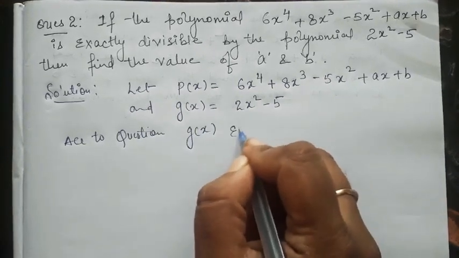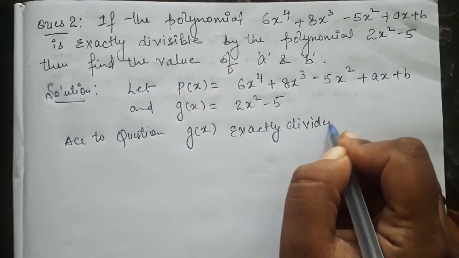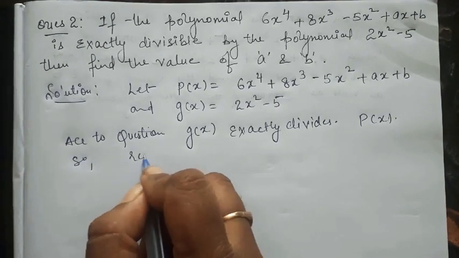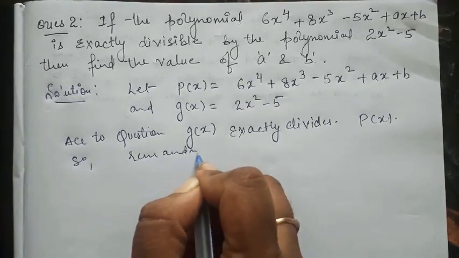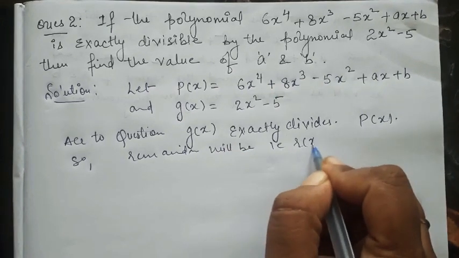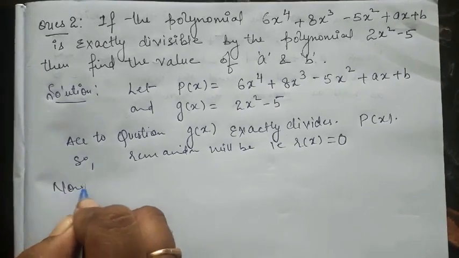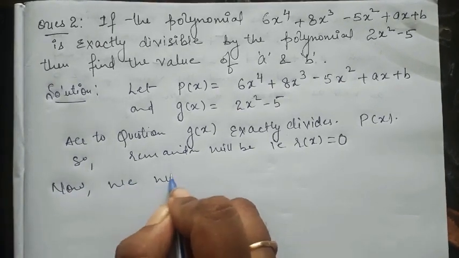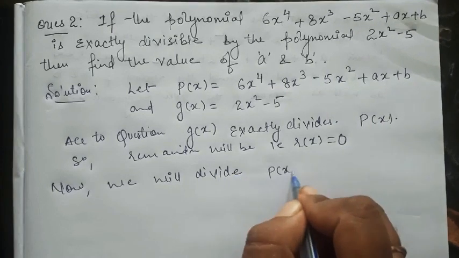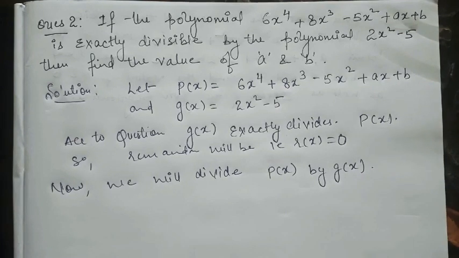g(x) exactly divides p(x), right? So definitely we'll get the remainder, that is r(x), equal to 0. Now we will divide p(x) by g(x). Okay,